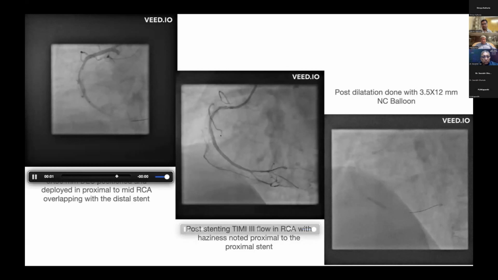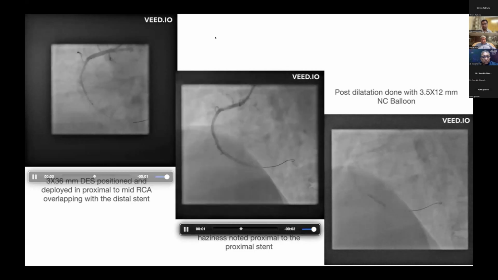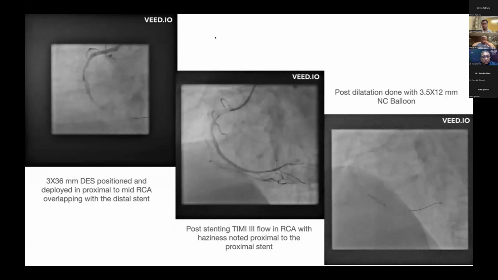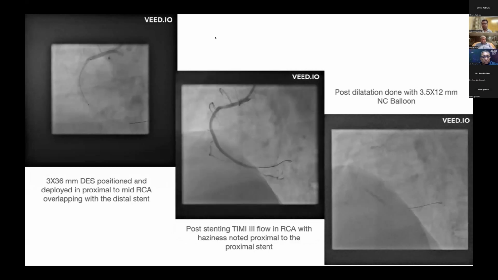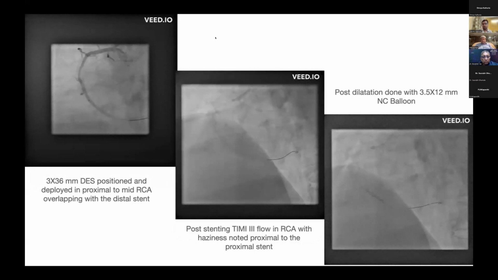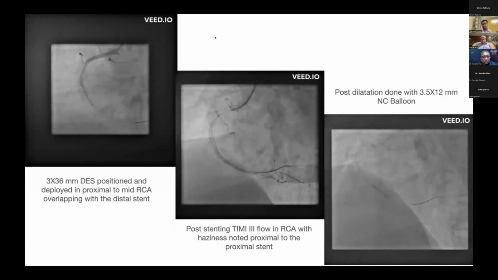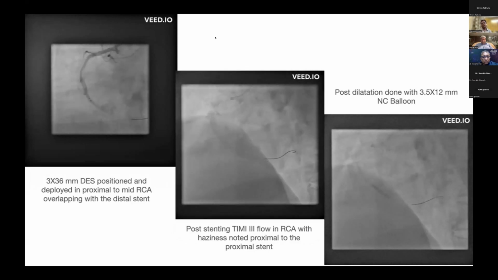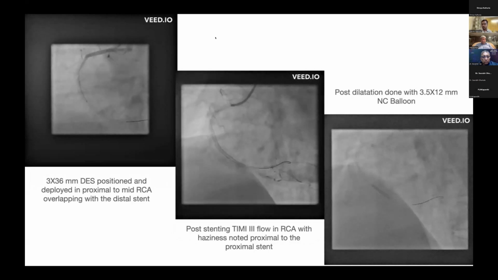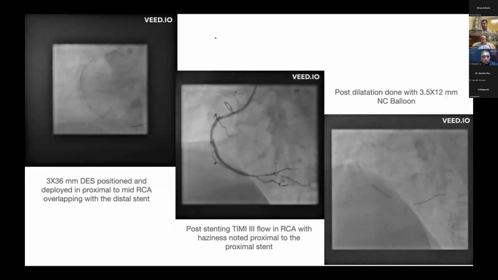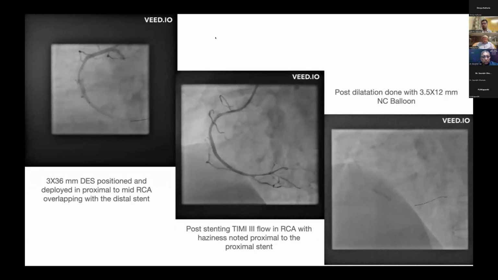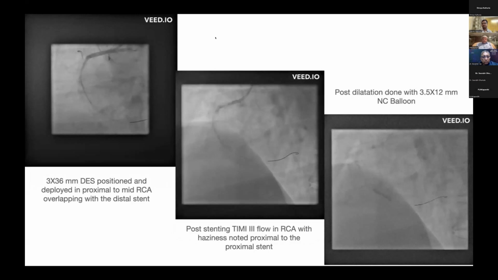So we thought that okay, this may be just concertina which might have happened, or this may be temporary. So we gave multiple rounds of nitroprusside and Nicorandil and GTN, but this seemed to persist. But still I felt that okay, we'll go ahead with the post dilatation of both the stents, and then we'll see what happens. So we went ahead and post dilated both the stents with a 3.5 x 12 non-compliant balloon, and